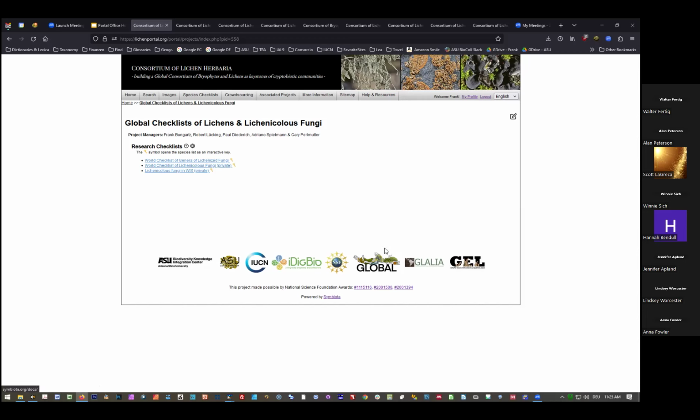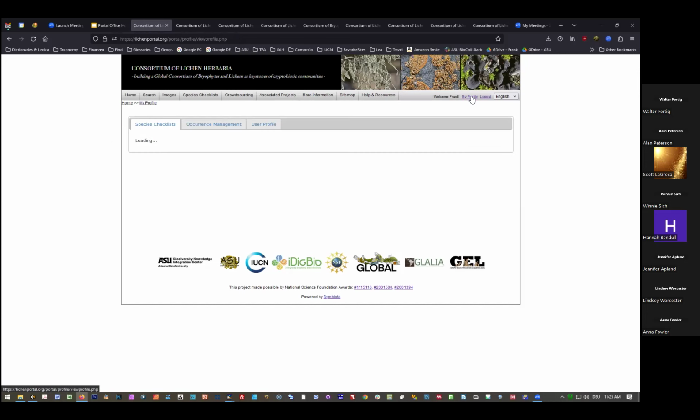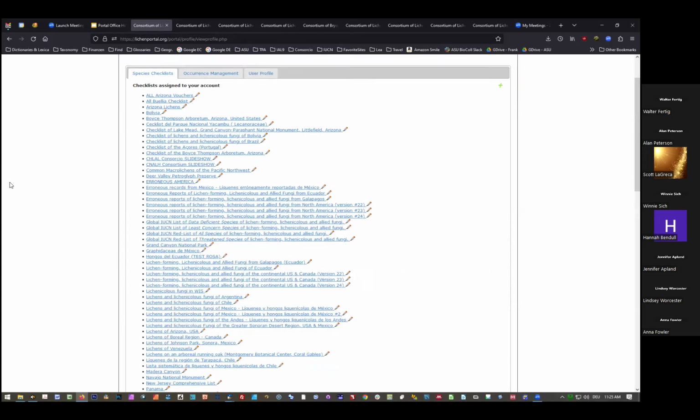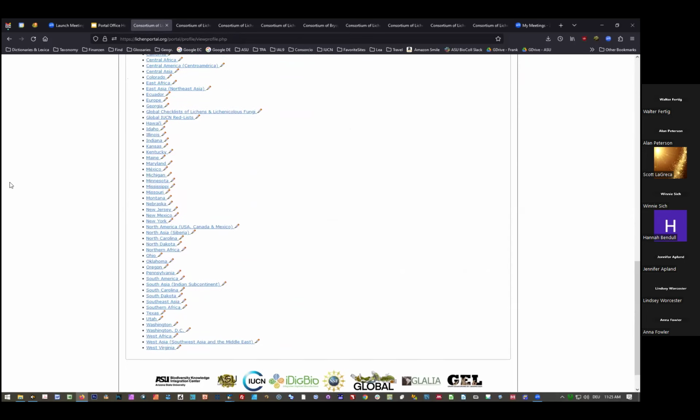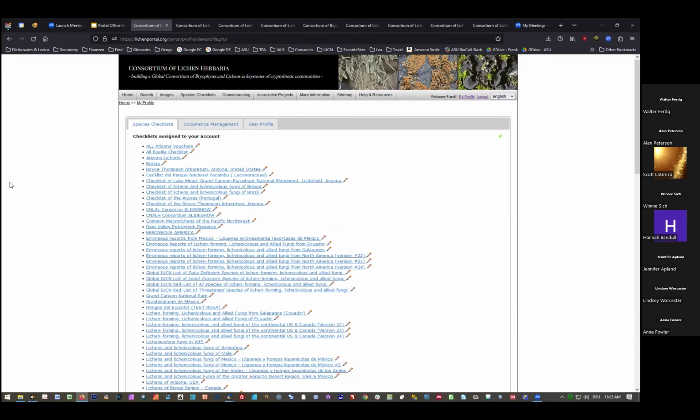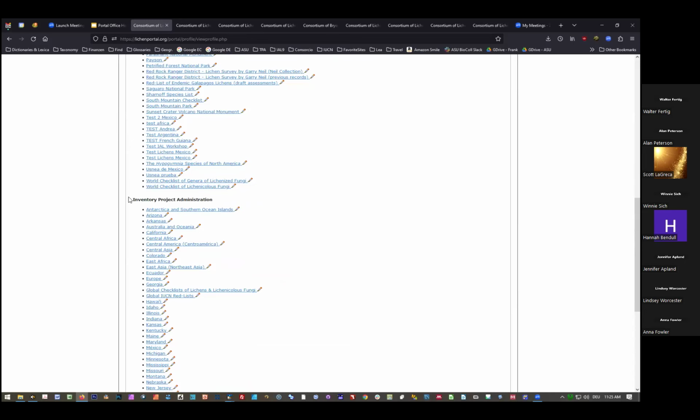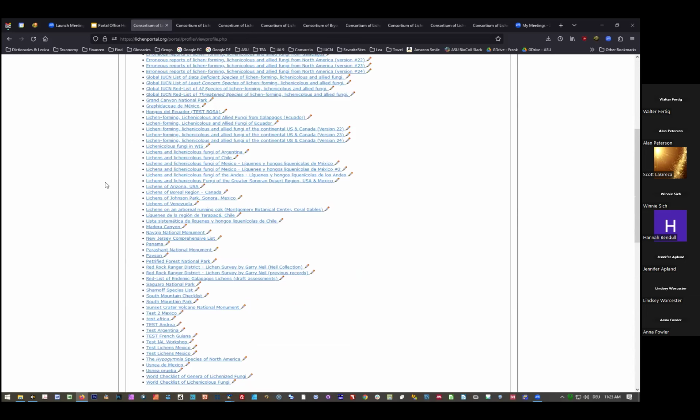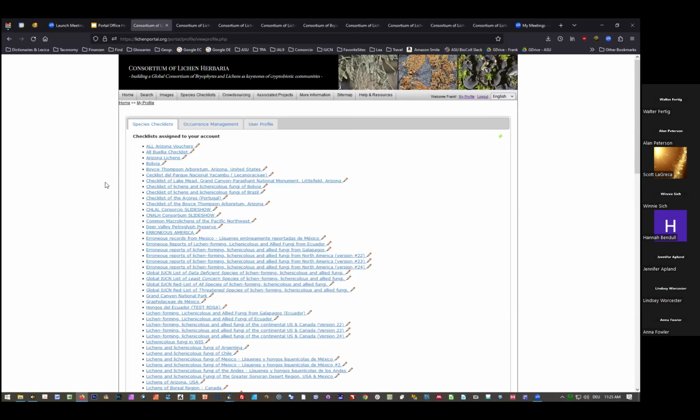So anyway, just to give you a walkthrough of how to create your own checklist. That's actually fairly simple. If you log in with your account to your profile, in my case, you see that I'm using this quite extensively. So I have lots of checklists here in my profile. These are the checklists that I have access to, and those are the inventory projects that I have access to. And if I want to create a new checklist, then of course the